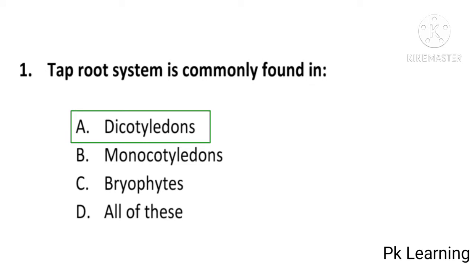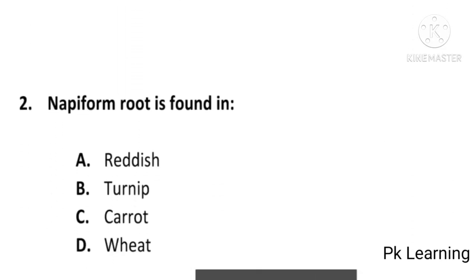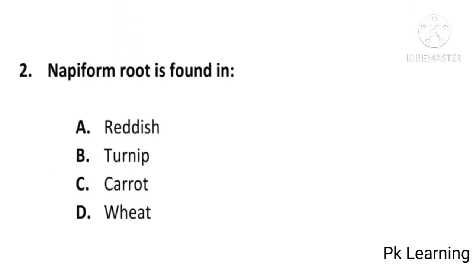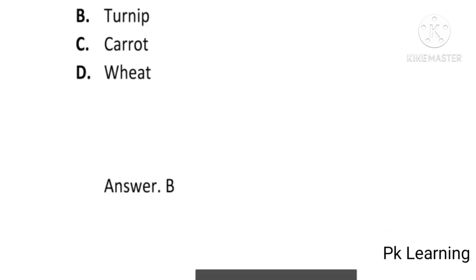Taproot system is commonly found in dicotyledons. A is the correct option. And the next question is napiform root is found in radish, turnip, carrot or wheat, and the answer is B, turnip. Napiform root is found in turnip. B is the correct option. And the next question is